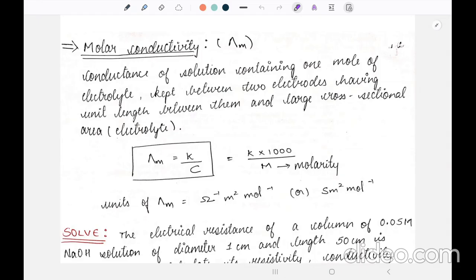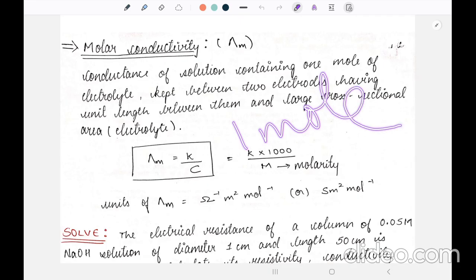So the molar conductivity of a solution is the conductance of the solution containing 1 mole of electrolyte kept between 2 electrodes having unit length between them and large cross-sectional area so as to contain the electrolyte. In other words, molar conductivity is the conductance of the electrolyte kept between the electrodes of a conductivity cell at a unit distance but having the area of cross-section large enough to accommodate sufficient volume of solution that contains 1